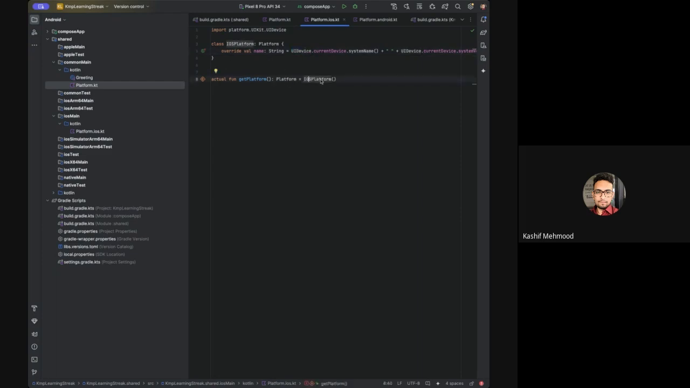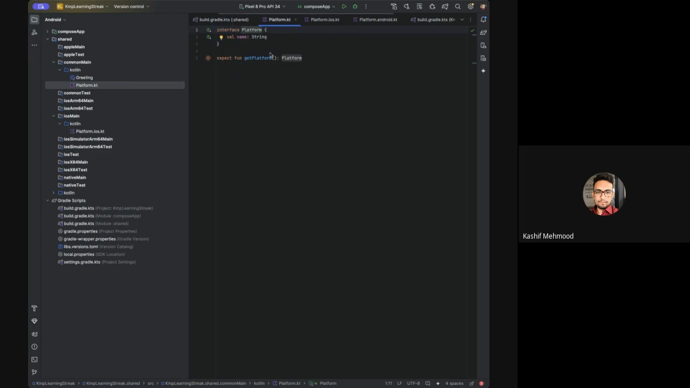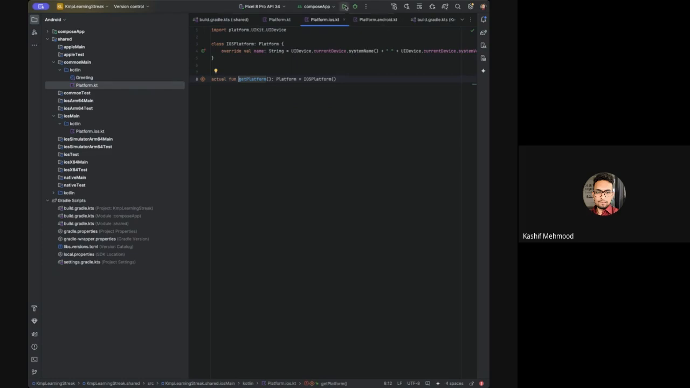This class then returns an iOS platform, which is of type Platform, and this is the interface which is implemented by iOS platform and also implemented by Android platform. So inside Android, we use the regular Build.VERSION.SDK, and inside iOS, we use the UIDevice current device system name. If I run the app now,